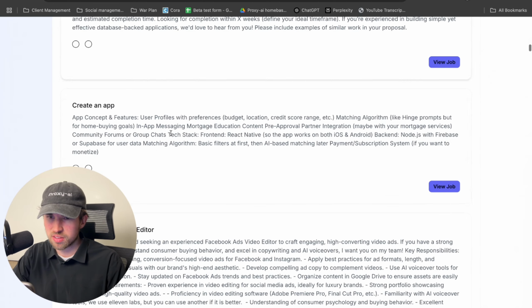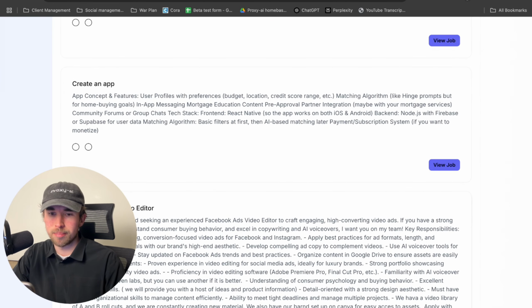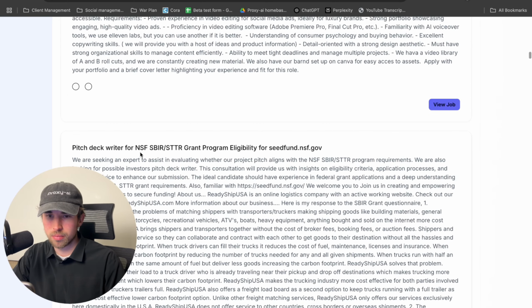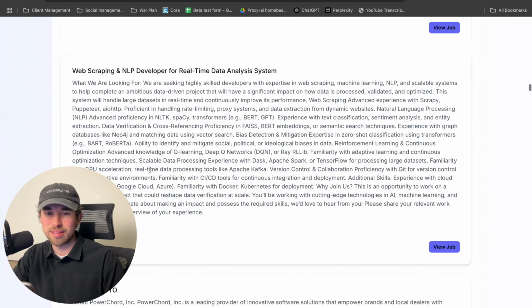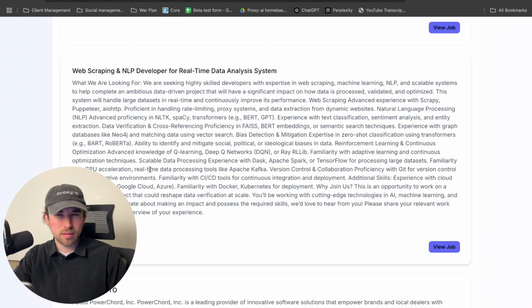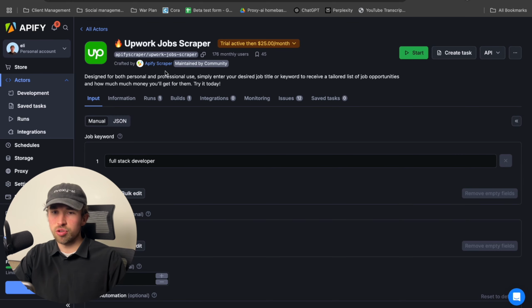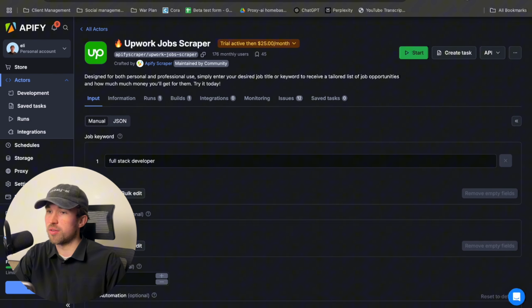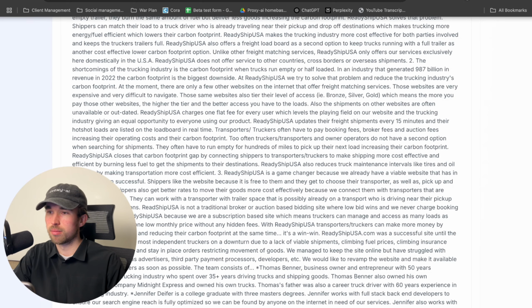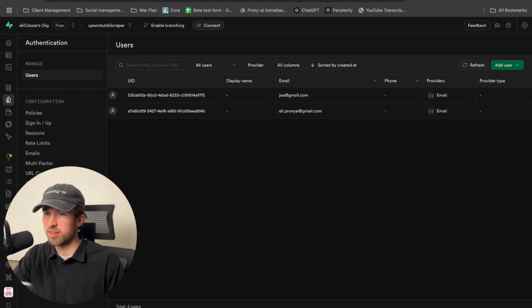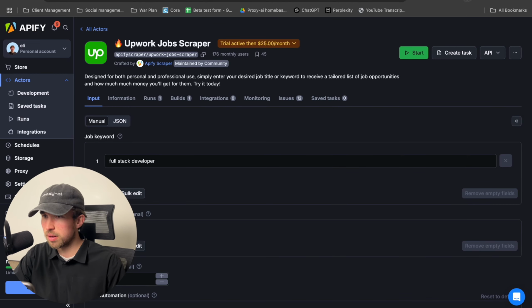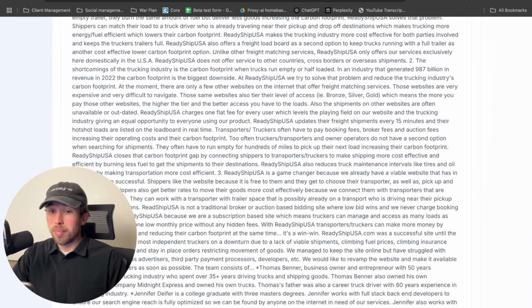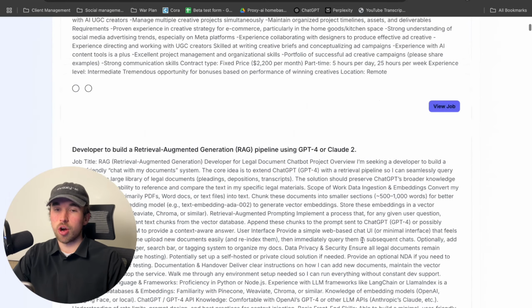Development, convert Excel, create an app, Facebook ads video editor. So it gets us ads, but they aren't necessarily perfect, which is all down to the quality of this because our search query is just that. It's very specific. And this is not producing results that are really worthy of 25 bucks a month, it would seem. That's how much the cost is to rent this. But with that being said, we still have jobs and it's still working.